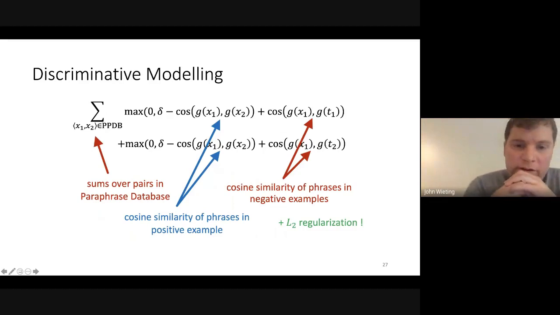So our objective function with these is exactly the same as in the word case. The only difference now is our G is a little bit more complicated. Instead of being a word lookup table, it's again looking up the word embeddings for the underlying sentence pairs, but then also composing them in some way using a composition function. Otherwise it's the same game, where you're doing this max margin contrastive loss over the positive examples in the data.